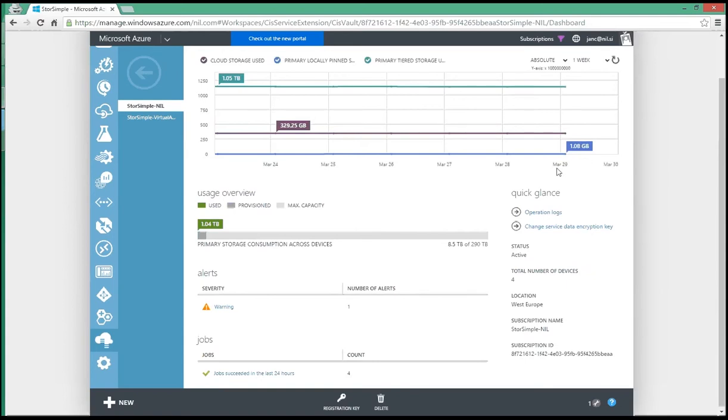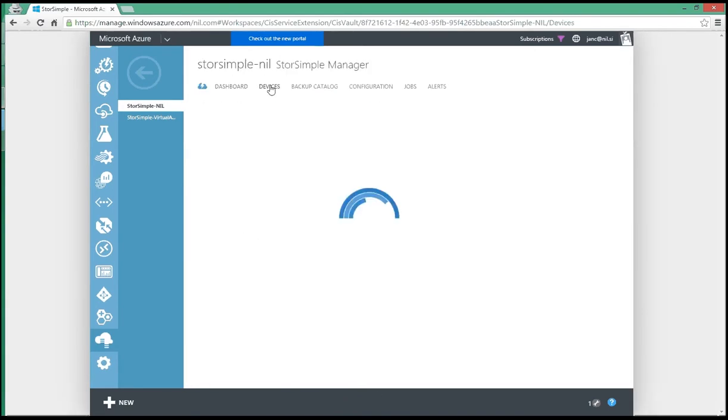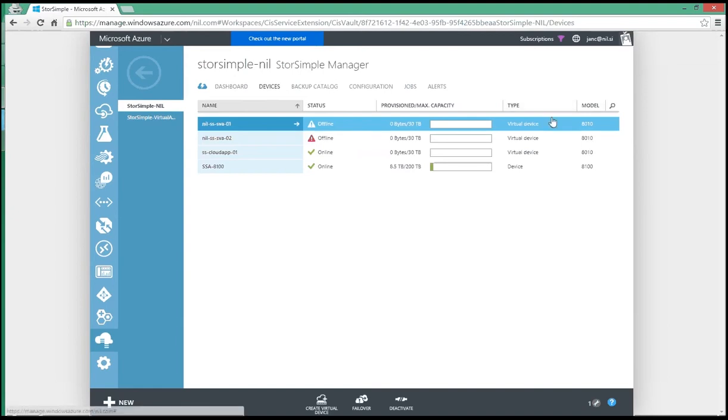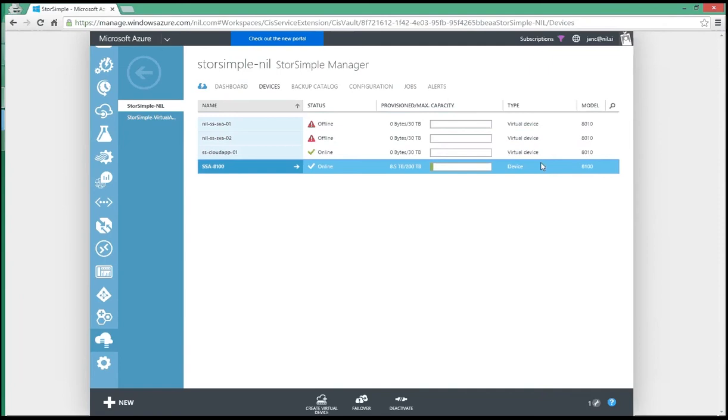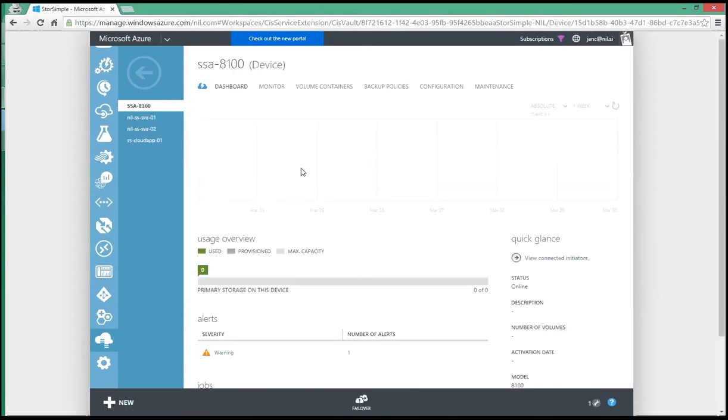Remember the StorSimple virtual array that I was talking about a few moments ago? So if I click on the devices tab, I'll get a list of the devices that are currently accessing the StorSimple-NIL StorSimple Manager. The first three devices are virtual devices type. The last one is our StorSimple physical array connected to our service in data center. So I'll click on this one, and once again